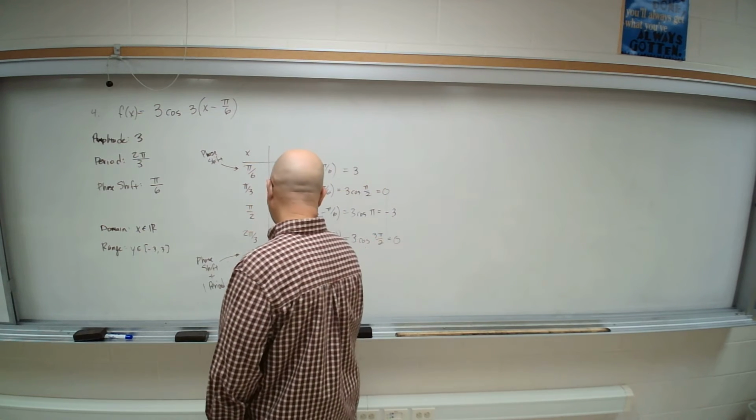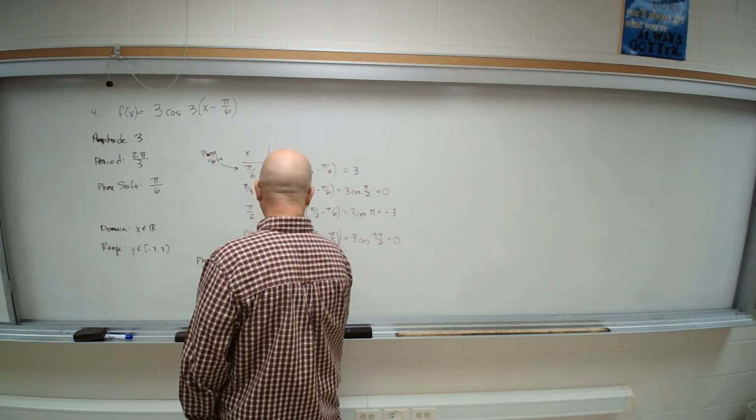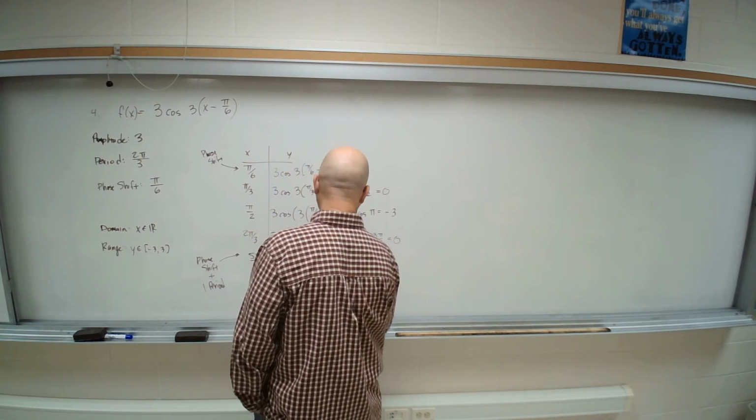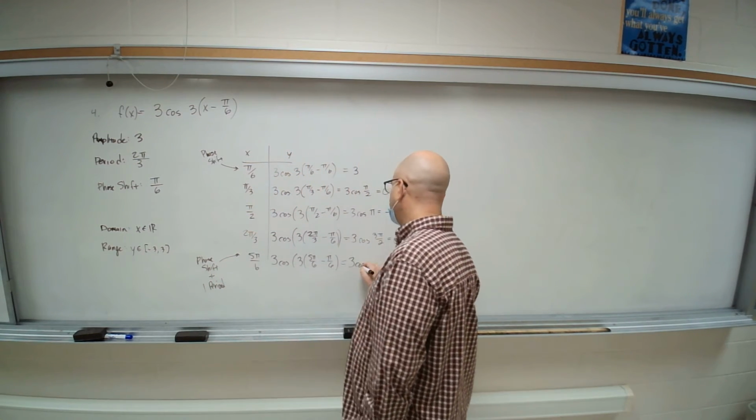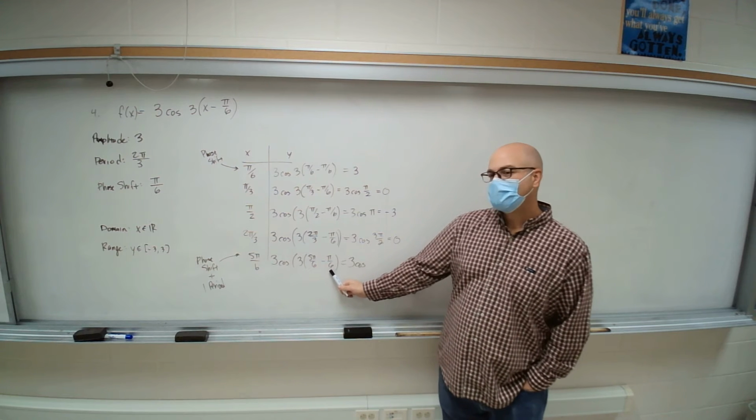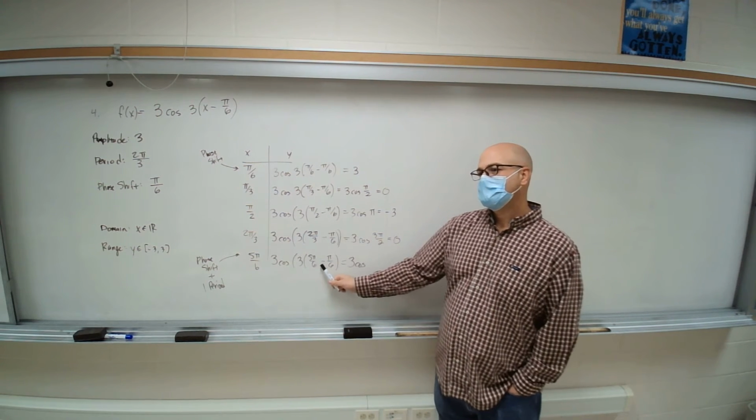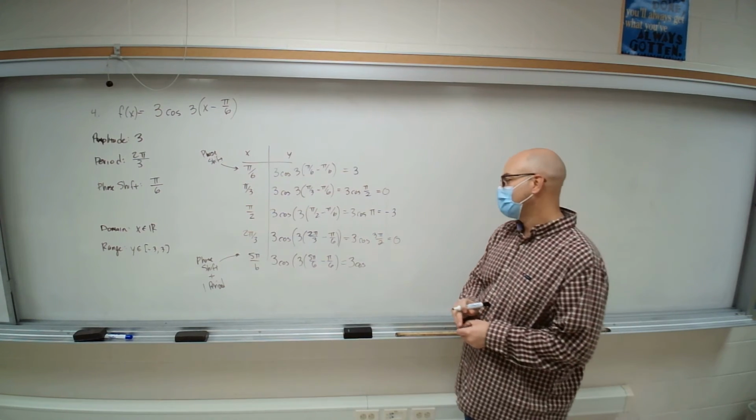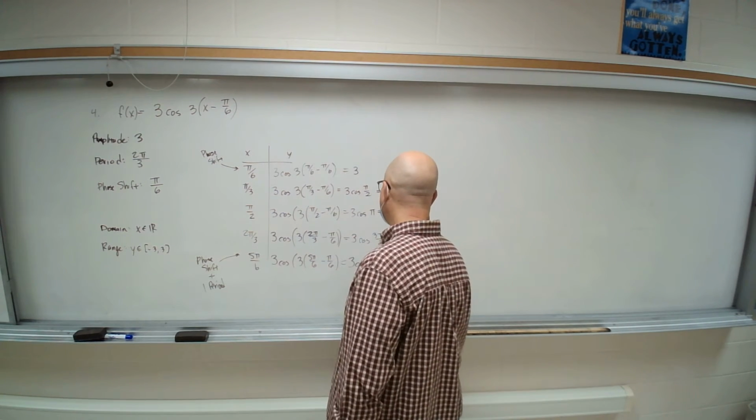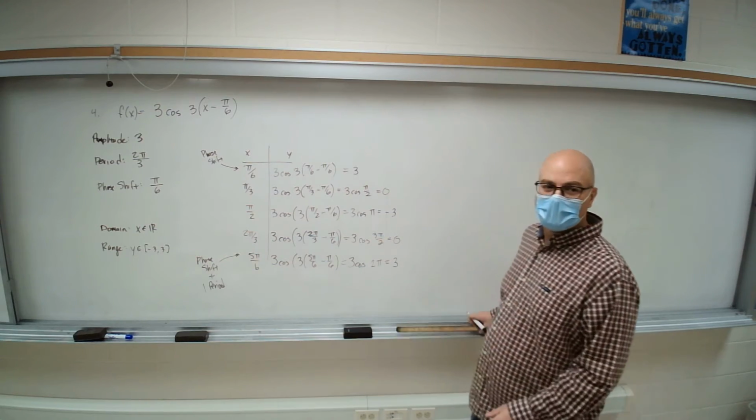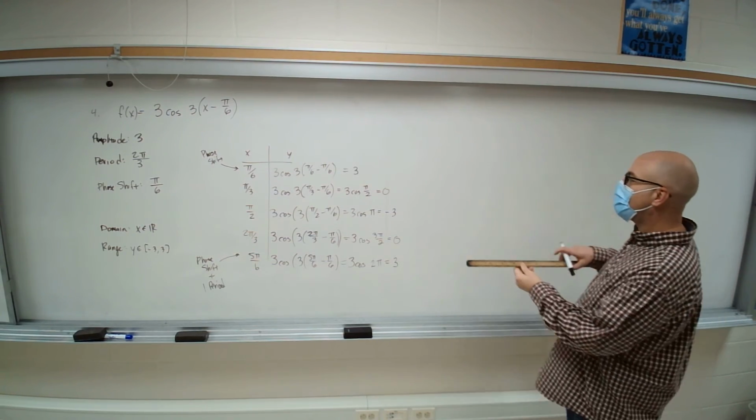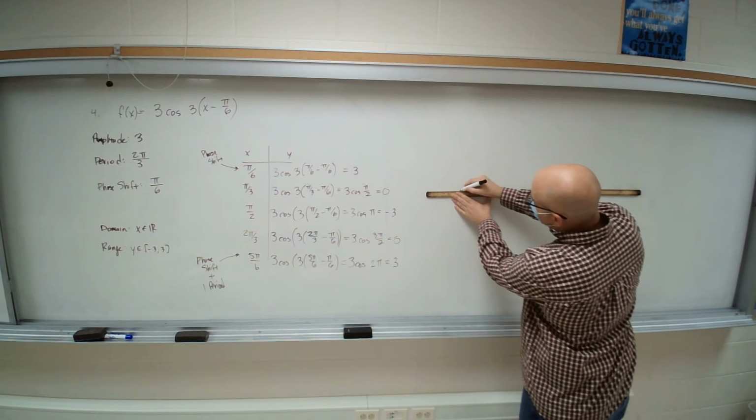And then here, 3 cosine 3, 5 pi over 6 minus pi over 6. So let's see, that gives you 4 pi over 6, doesn't it? When you subtract them, then you multiply it by 3, that gives you 12 pi over 6, which is 2 pi. So that'll give you 3. So we see that we get the same types of y values, right? The hard part is building that